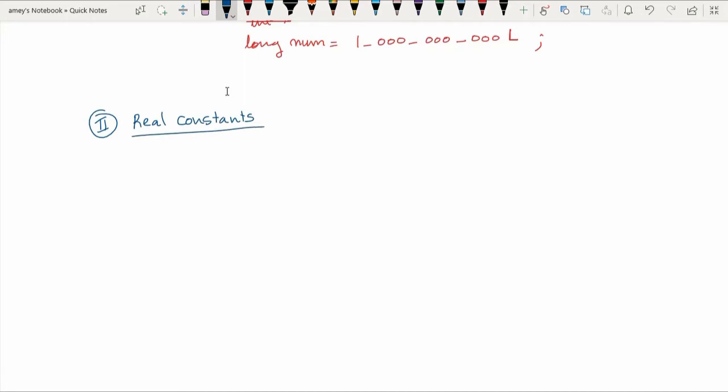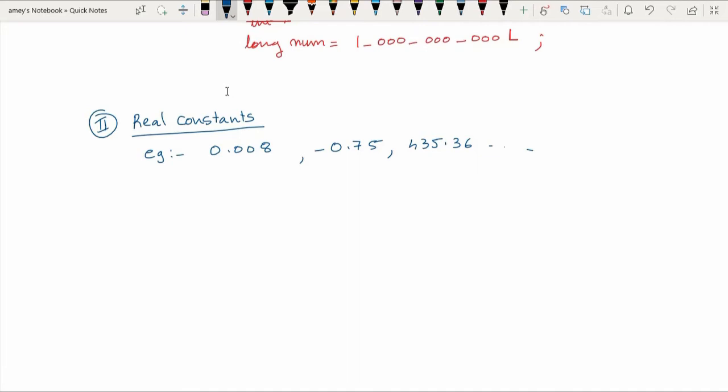So real numbers basically contain a fraction. Examples of real numbers are something like 0.008 or minus 0.75 or 435.36 and so on. So these are examples of real numbers, right?